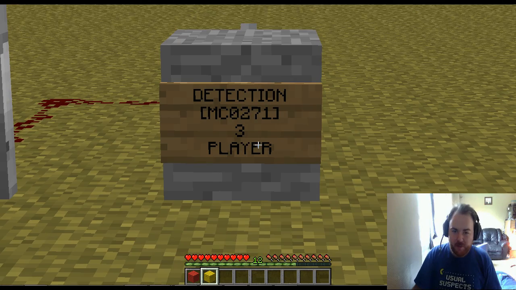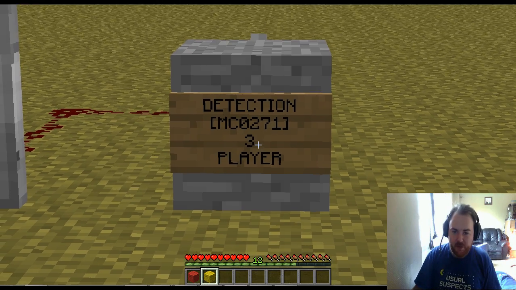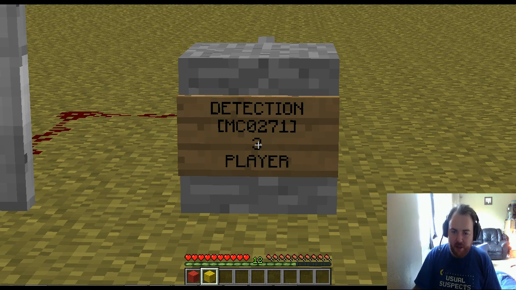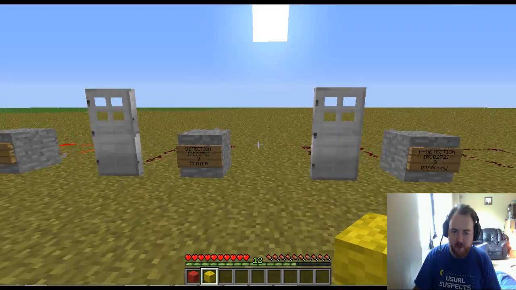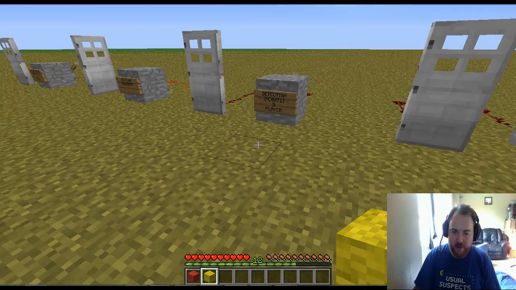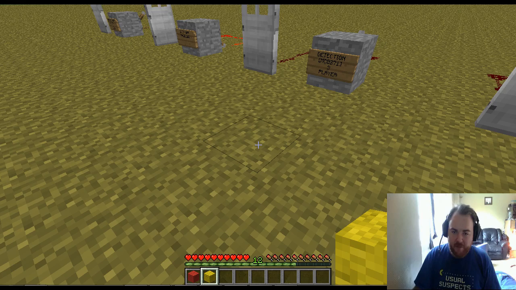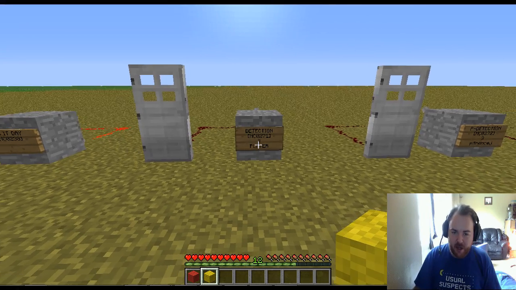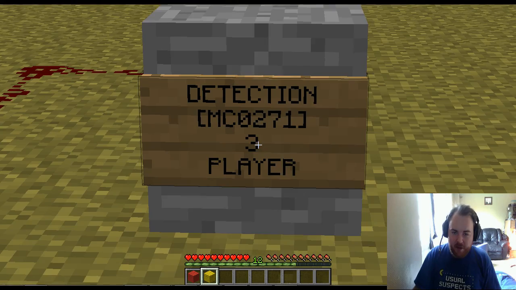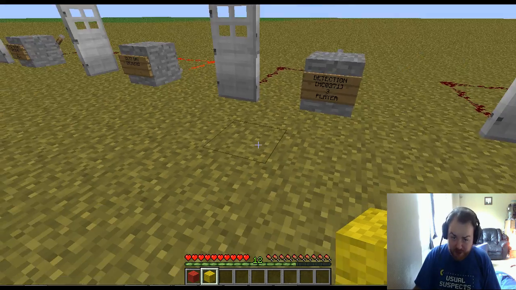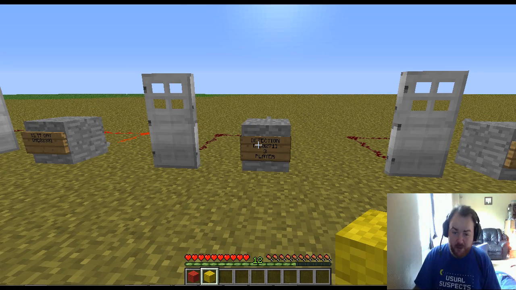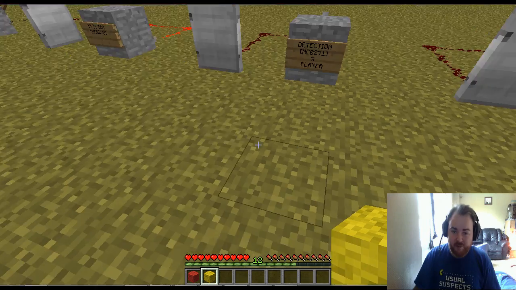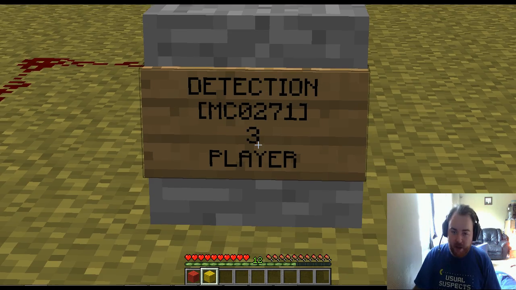Right, next up we have this one, detection, MC0271. On this one, the radius here is how far around the block that it's going to check. So it's checking 3 blocks around. So I'd have to move to about there before it would detect me. What you can do with this, you can offset it. So like here is 3. So it's going to take 3 blocks around. But say you wanted this buried in the ground so you couldn't see it. You could actually put 3, which is the radius that it's going to search for, and then put equals